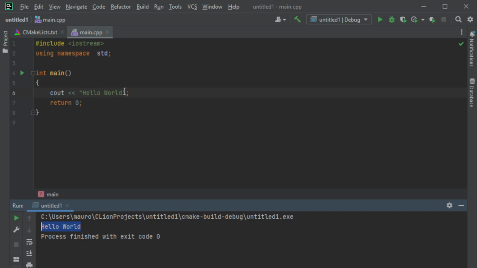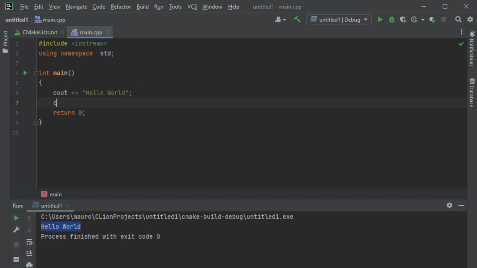Now, this means that we can do this thing over and over and just print whatever we want. So for example, we can say cout, and then we can say my name is, and then you can write whatever name you want. So I'm gonna write dots over here, and then the semicolon again. Now one thing that I want to add is that you're gonna need to write at the end of the line